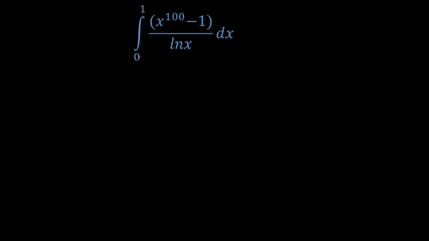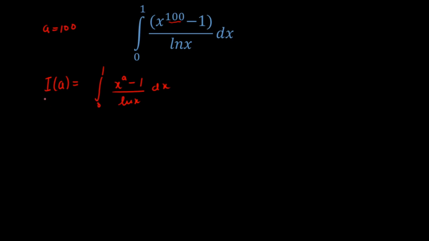So suppose this integration is given, 0 to 1 of (x^100 - 1) upon ln of x. He came up with a very good solution. The method is, let's say the integral is I of a, and in general, if the index is varying, we can solve this for any index. Right now the index is x to the power 100, but I can solve this for any index. So let's generalize this. The integration is from 0 to 1 of (x^a - 1) upon ln of x dx. Right now my index a is equal to 100. Later on I'm going to replace it once I calculate in general terms of a.